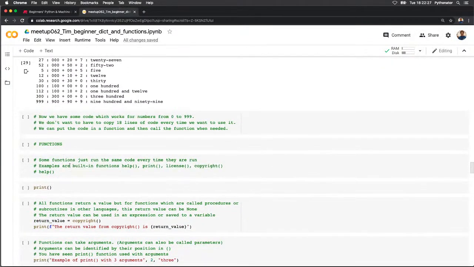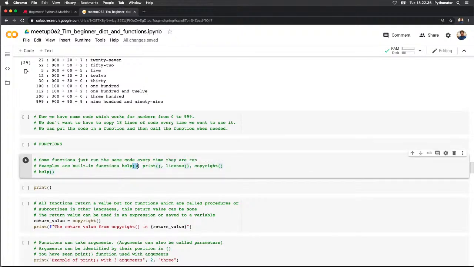So let's have a look at some functions. There are different ways of doing functions. There are some built-in functions. Anything which has these parentheses here, that's when you're calling a function. Well, it's not everything, so creating classes also uses those parentheses. But for the most part, we call a function by putting parentheses after the function name. So here's a function called help. If I call that,